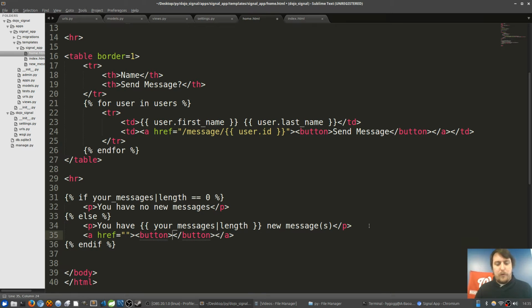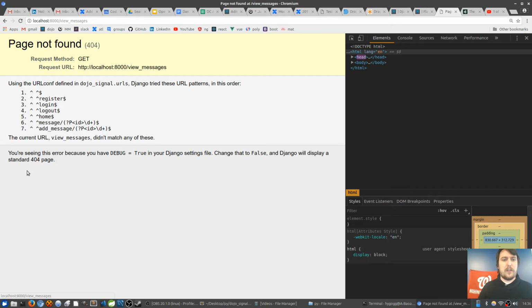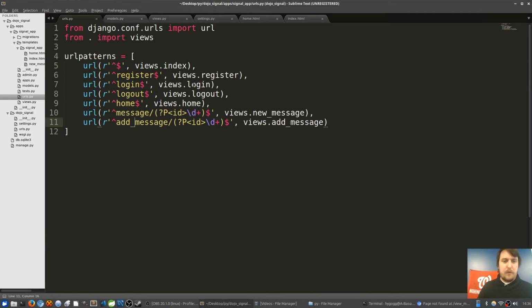So let's go for view messages. So maybe that's what we should call our route as well. Let's call it the view messages route. And no, these messages are specific to the person who's getting them, so we don't need to pass it anything else. Perfect. So now we can come back here, and we have a button to view our messages. When we click on this button, well, we don't have a route for view messages yet, so we have to go make that. So let's go to our URLs,